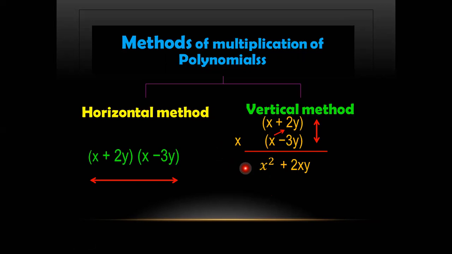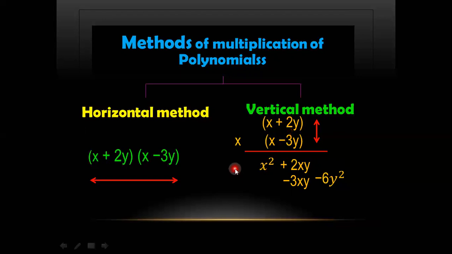Keep in mind the rule of signs, the law of exponent. Here x is a different base from y. The powers cannot be added, they will remain as it is, right? Here the bases were same, so their powers were added and it became x square. Now we will multiply minus 3y with x. It will give us minus 3xy as a product, and then we will multiply minus 3y with plus 2y. Now the bases are same, both are y, powers will be added and coefficients will also be multiplied. Minus 3 into 2 will be minus 6, and y into y will be y square, so minus 6y square.